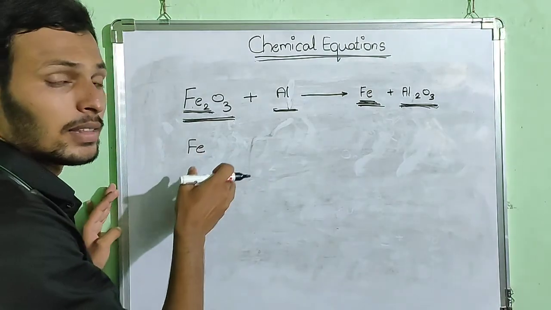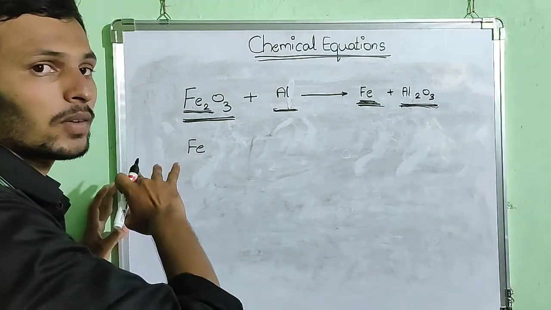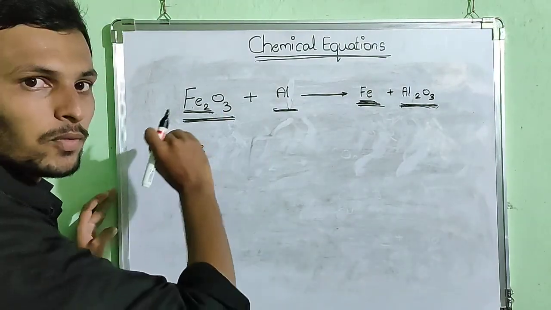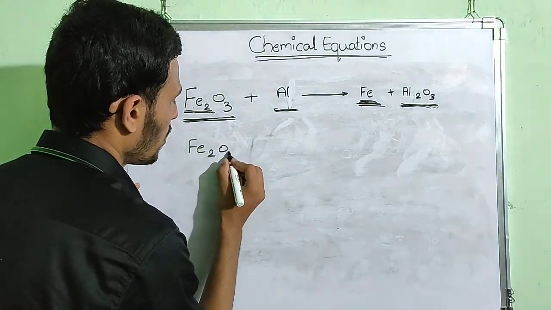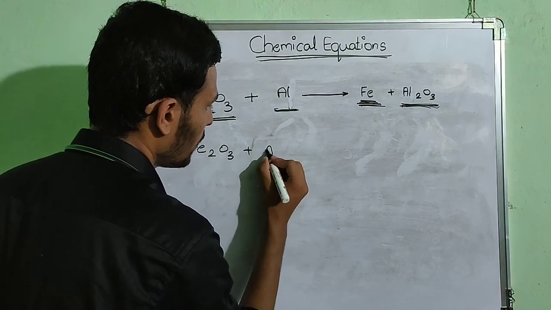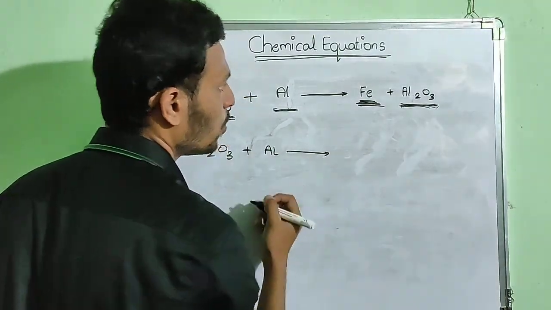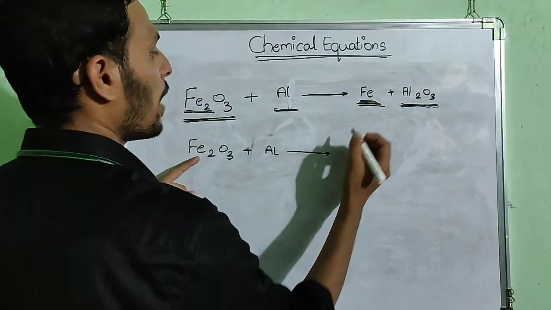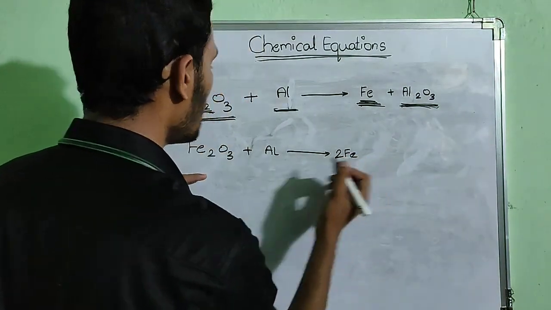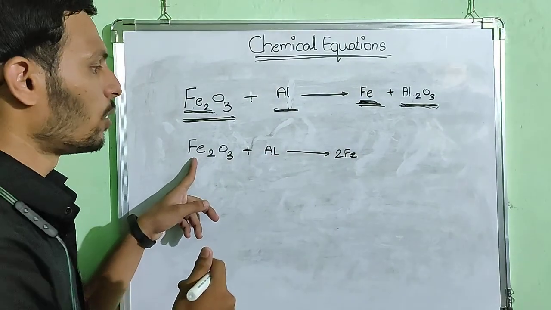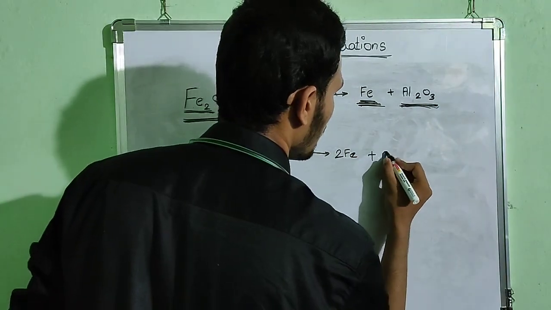You can write in this way, or you can follow the method which I told you just before this. And what I am doing, I am adding 2 Fe to balance the iron molecules plus